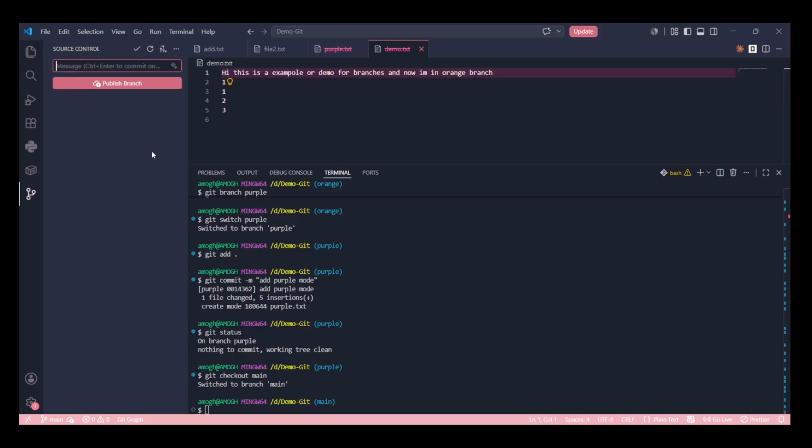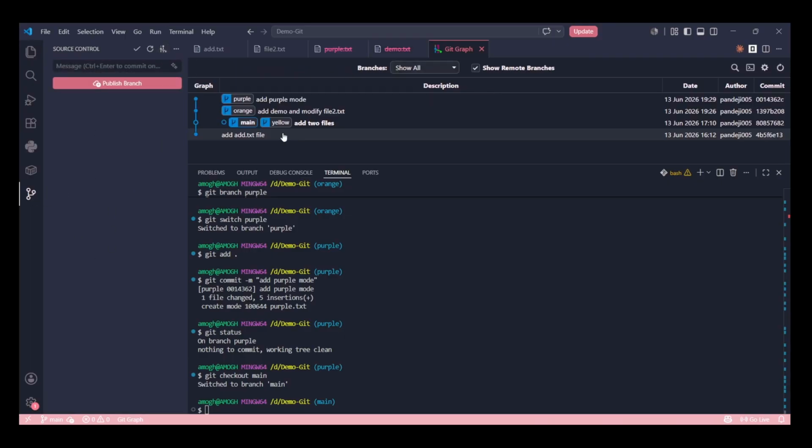If you want to visualize this, see, this was a previous commit. Hope this is visible for you guys. Now there are four branches here: purple, orange, main, and yellow. I created main and a yellow branch, and there we added two files.